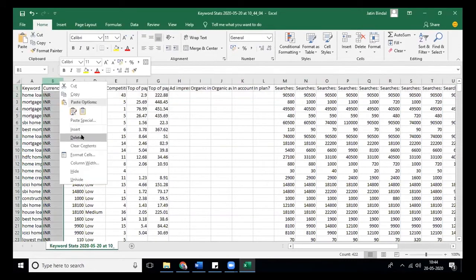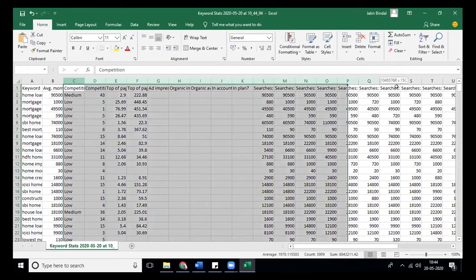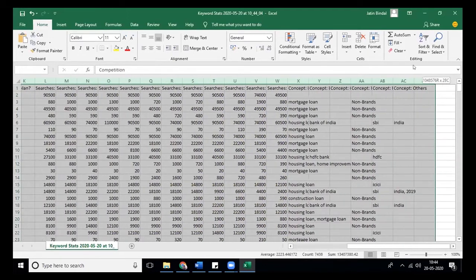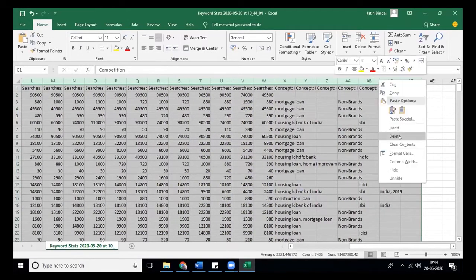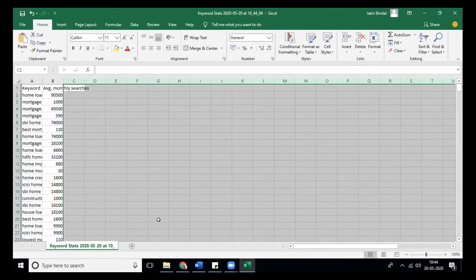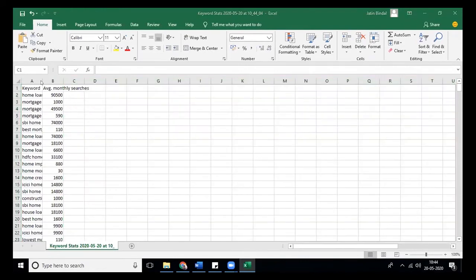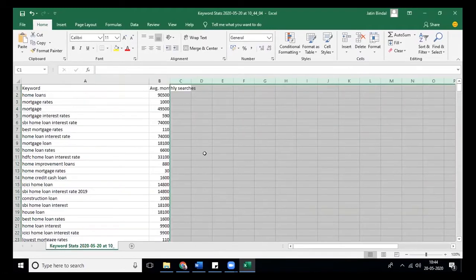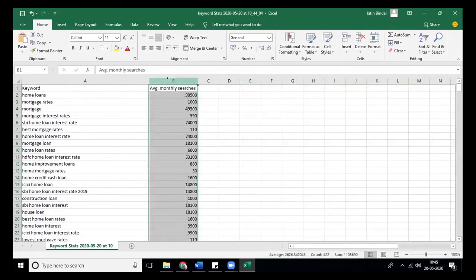The rest of the columns are irrelevant for us, so we will delete them. The top two rows were also irrelevant, so we remove those as well. So now what we got is keywords.